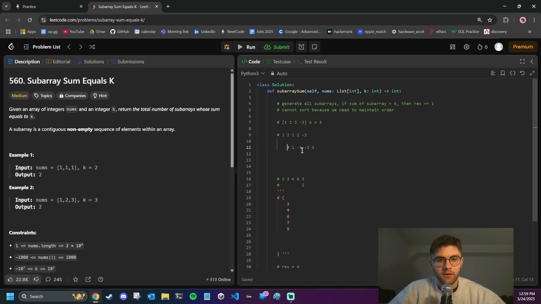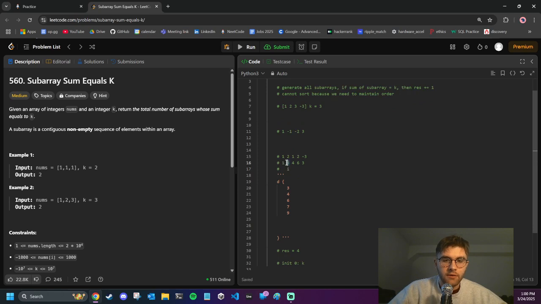So the prefix sum of this, so I'm wondering, so this didn't work because this one actually should find us 2 subarrays that work, but it only finds us 1 because, so just to recap, when we have i equals here, there's no subarray that equals 3. When i goes here, we see that we found a target 3. When i goes here, we found a target 4. When i goes here, we found a target 6 from this 3. When i goes here,